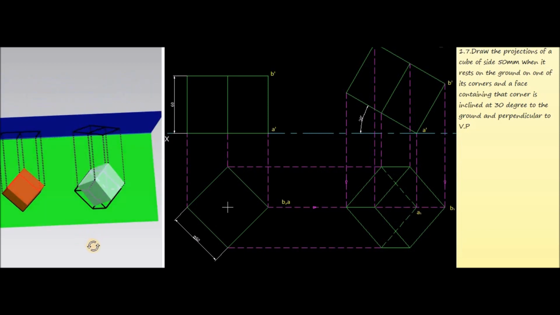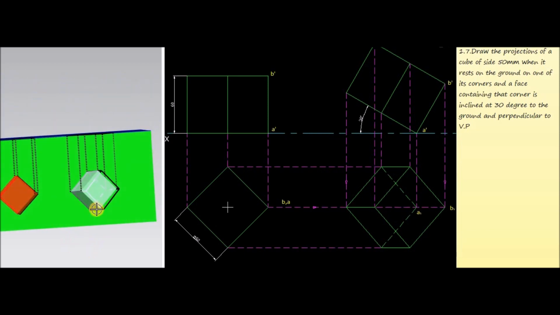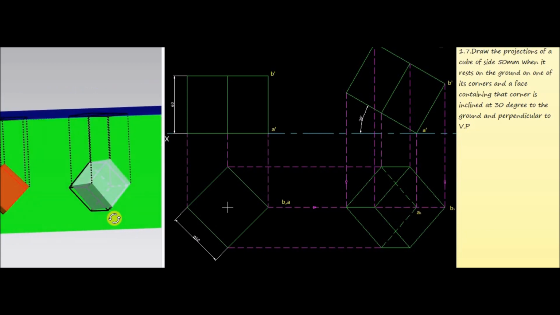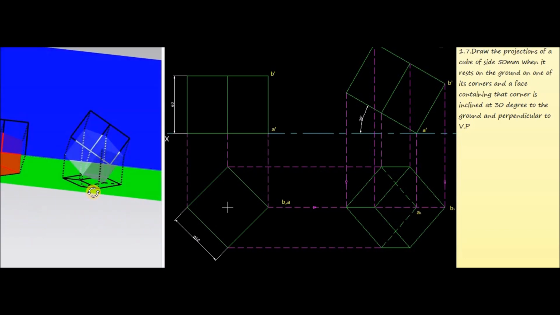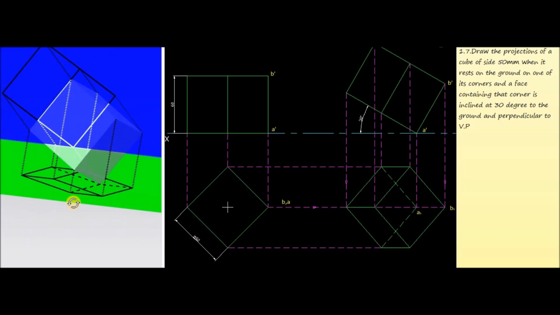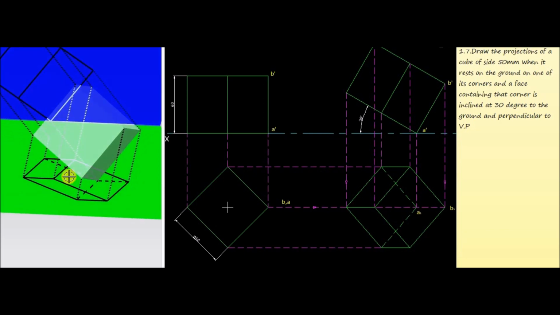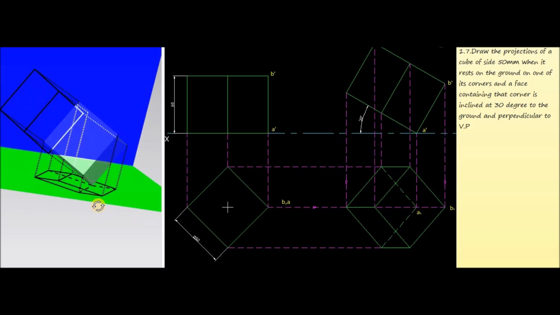Again, for getting the top view, we have to look from the top side. This is the top. Again, join or project all the corners, top and bottom corners, to the ground plane or horizontal plane. Then join all these lines. These dotted lines represent the invisible edges of